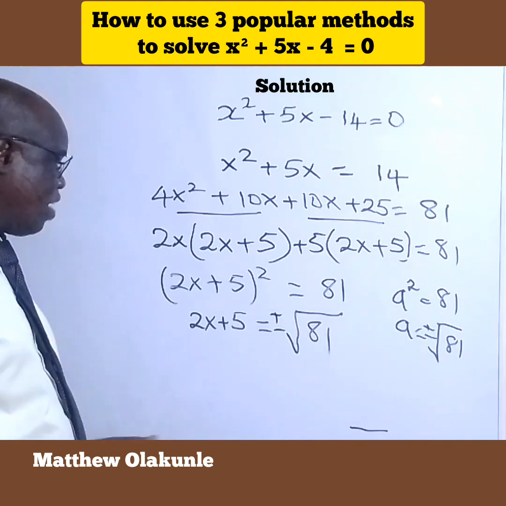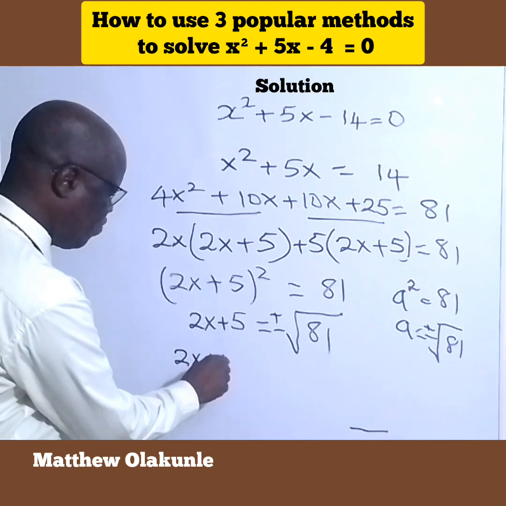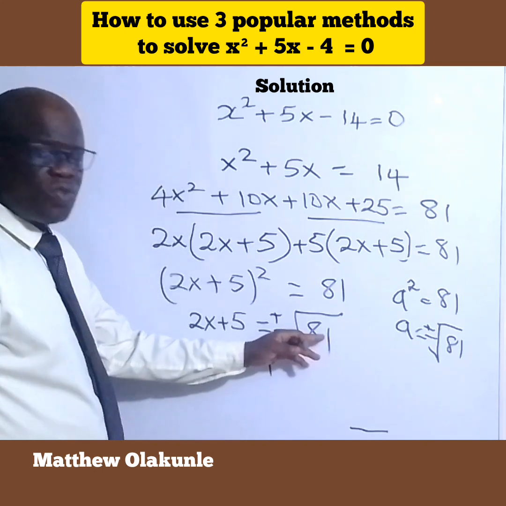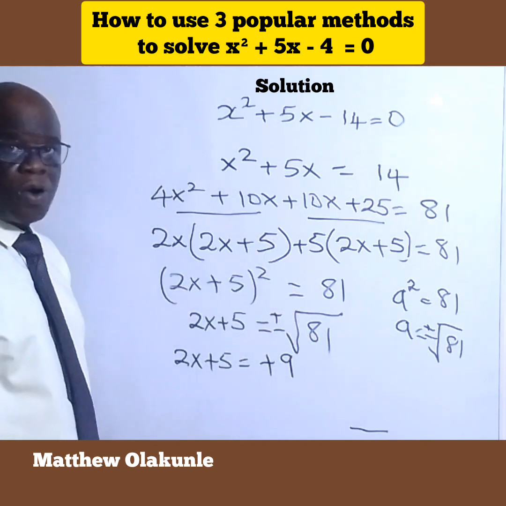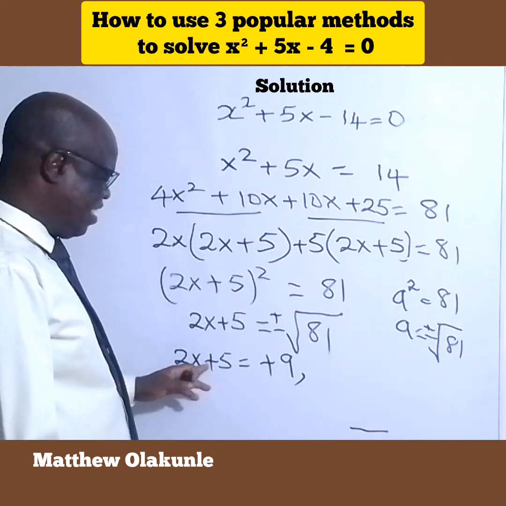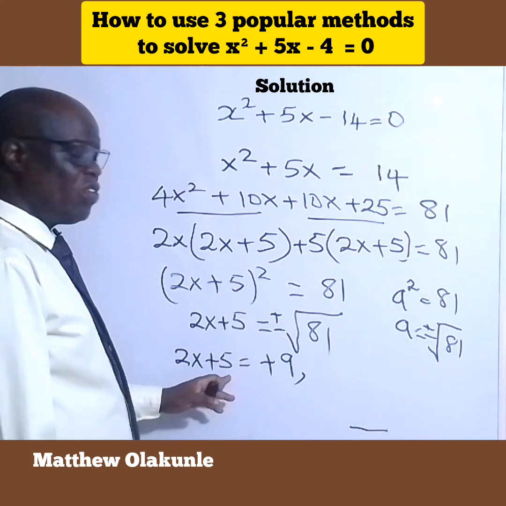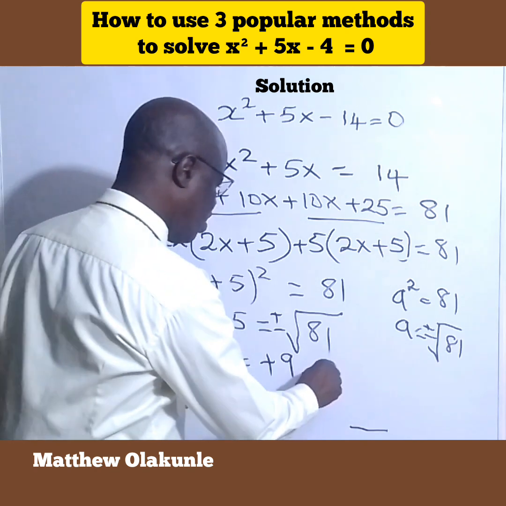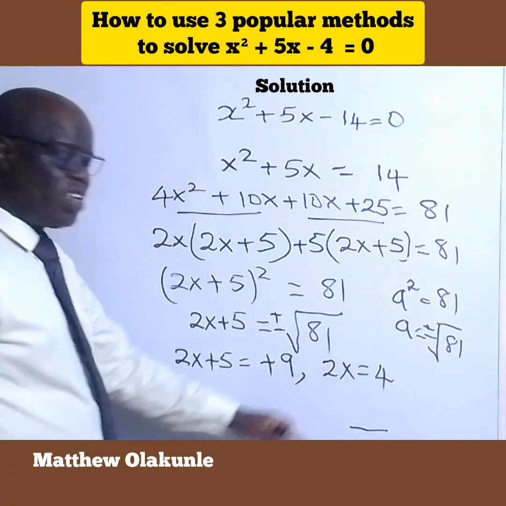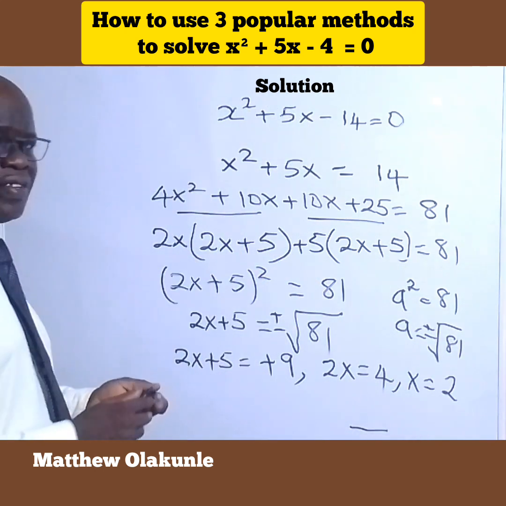So we have two options now. The first option is 2x plus 5 is equal to plus square root of 81 is 9. That's the first option. And if that is the case, what you will have is 2x equal to, take this 5 to the other side, it becomes 9 minus 5, which is 4. So you have 2x equal to 4. And in that case, your x will be equal to 2. That's the first